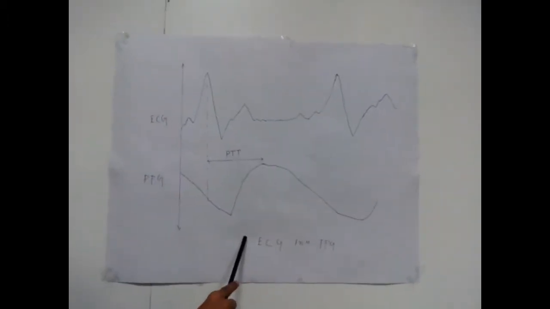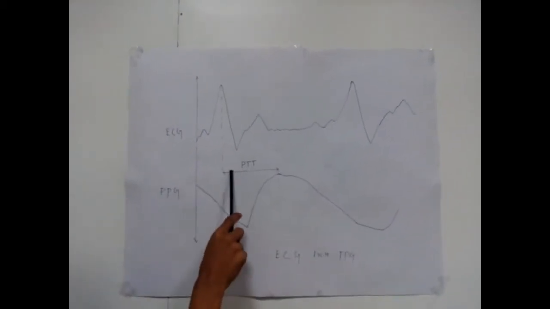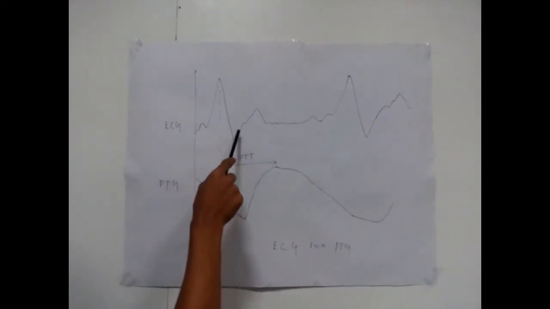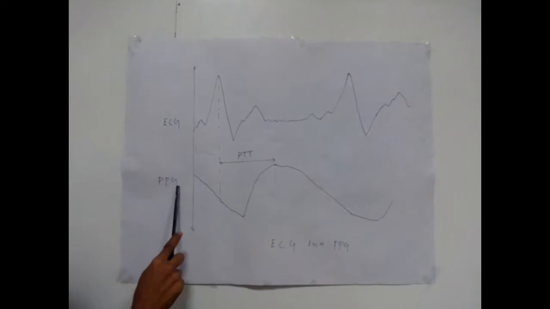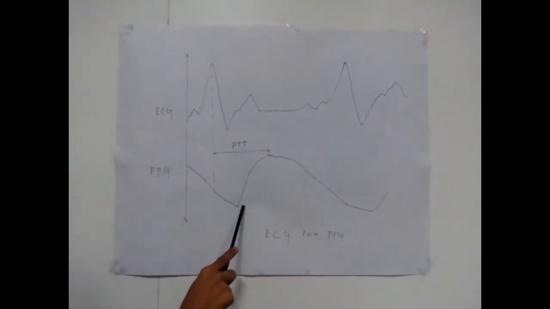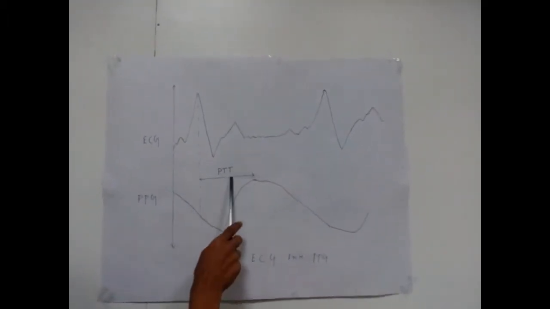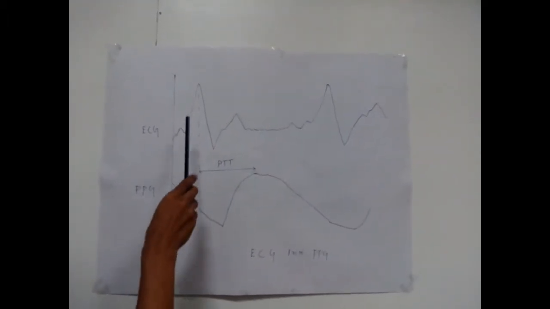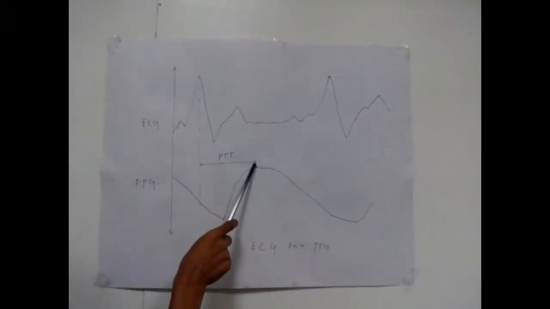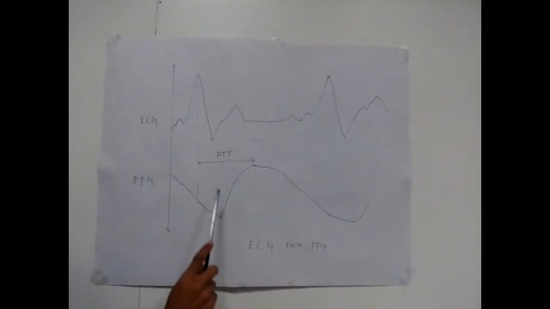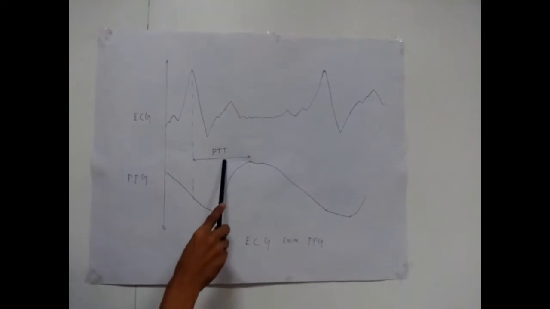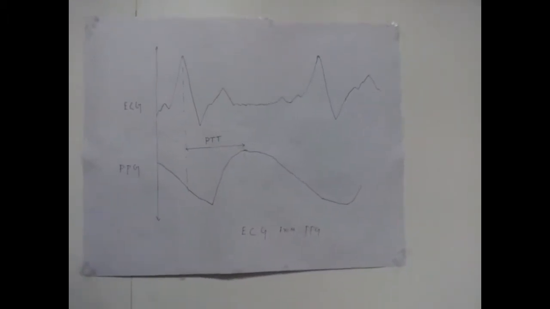The graph shows how to measure the blood pressure from pulse transit time. This is the ECG signal measured by placing the electrodes, and this is the photoplethysmograph signal which is obtained from the pulse oximeter. And this QRS complex is produced due to the ventricular depolarization. The pulse transit time is measured by measuring the delay between two peaks of the signal. And this pulse transit time is used to calculate the blood pressure.